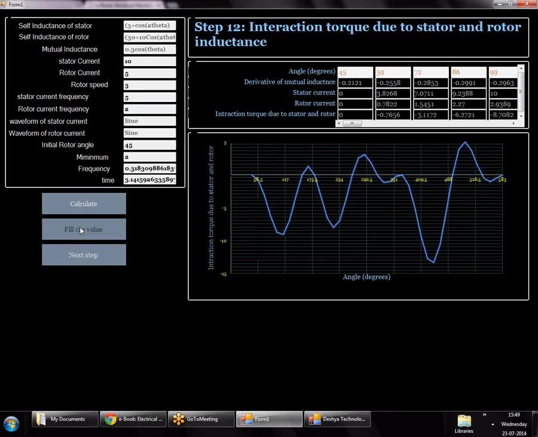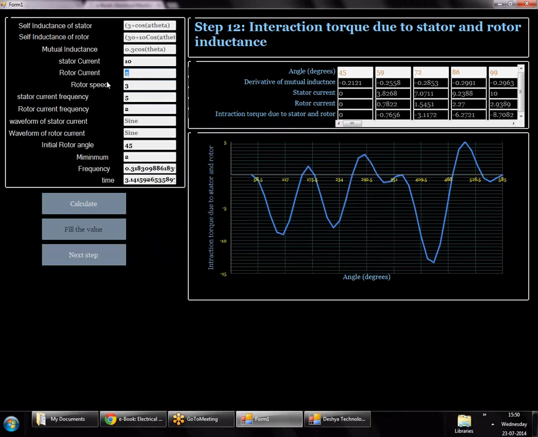But if we see the interaction torque now, if I integrate this curve over the entire period, it is going to be a non-zero value. The value is going to be negative, so it means that the machine is rotating in the anti-clockwise direction. A positive and a negative value means the machine rotates in clockwise or anti-clockwise direction depending on the convention. But from this graph it's very clear that if we take the integration over a time period of the torque, then we are going to get a non-zero average torque. So we see here how one can understand the principles, and even this can be further enhanced.